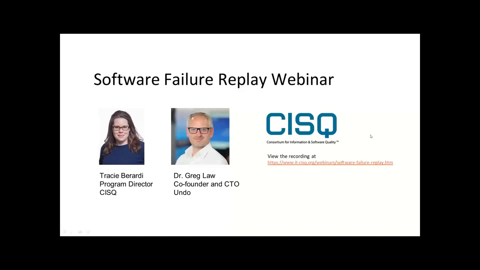So Greg has offered to walk us through some of the history around computer science, bringing us to the implementation of record and replay systems to debug software to the root cause. And this is possible today by taking advantage of advances in compute, network bandwidth, and storage costs. So this will be an interesting talk. We have about 30 minutes.